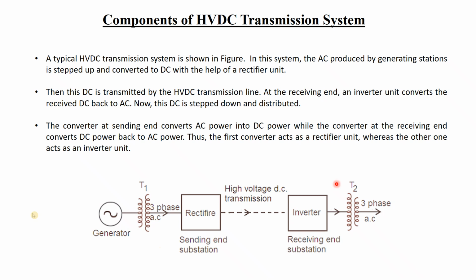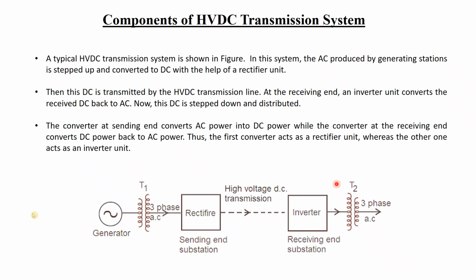Obviously 3 phases cannot be rectified together, and if you rectify 3 phases separately, then you will get 3 different positive and negative series. That means for phase R we will get one DC, for Y phase we will get one DC, for B phase we will get one DC. If you want to transmit three times the power, that can be done, but generally it is stepped up and then one phase is used, then it is rectified.